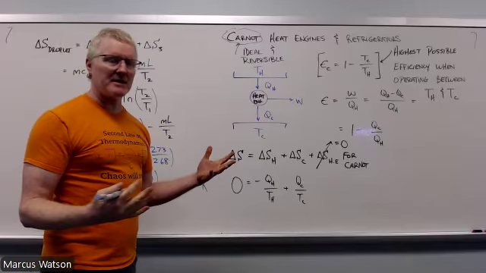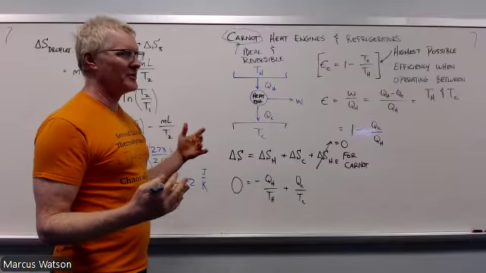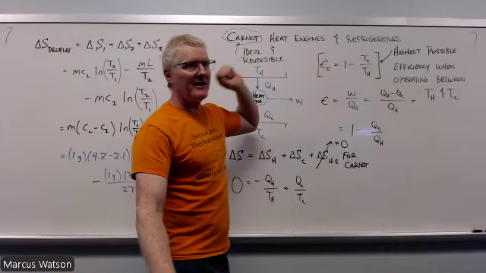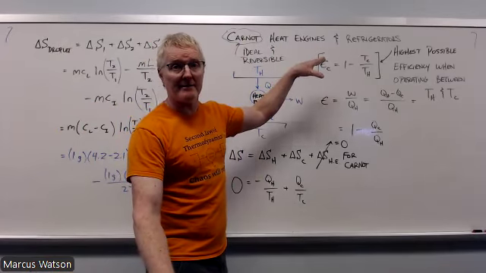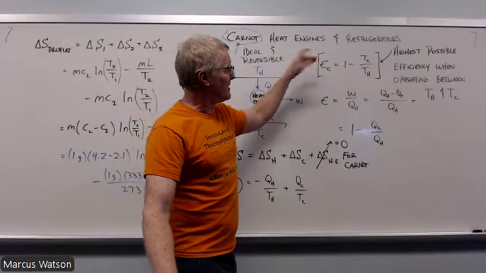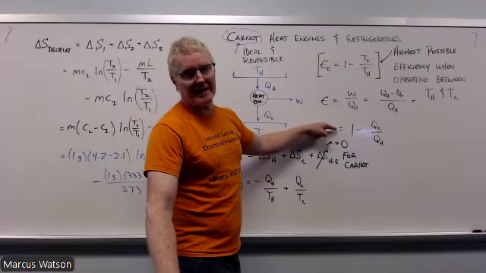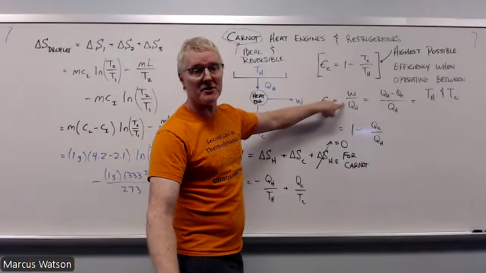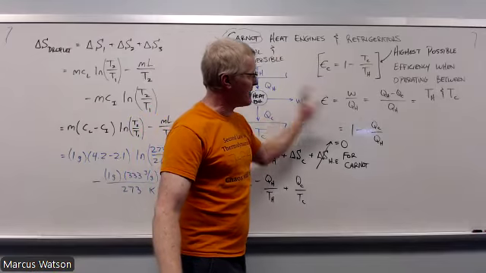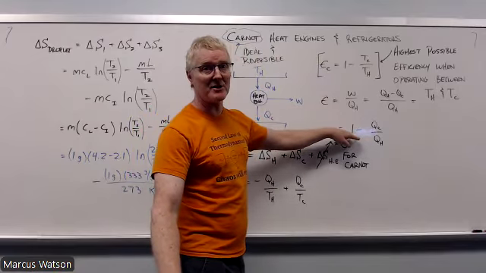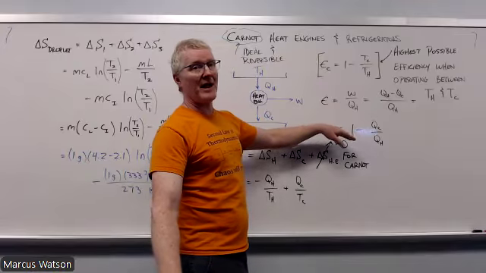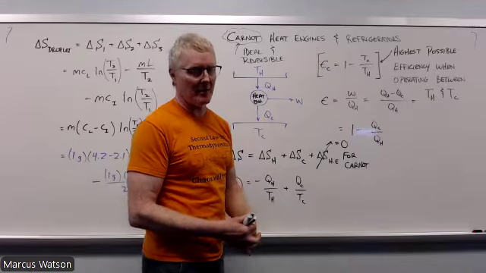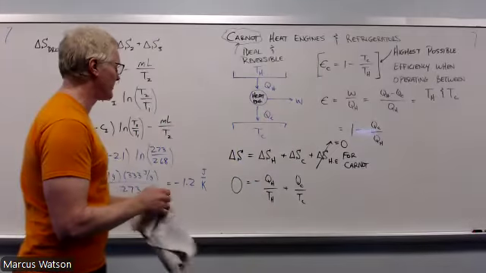So it's built in. I don't know if built in is quite the right word, but the idea is that if you use this, then you're not going to do better than that. Nothing can do better than that. This is true for any heat engine. This is true in general because it came from this, which is the definition of the efficiency of a heat engine. And therefore, this will still work for any heat engine. But if you want to find out how good you could have been doing, you've got to go to this one. And even then, you can't really do that well because we can't make totally reversible cycles.